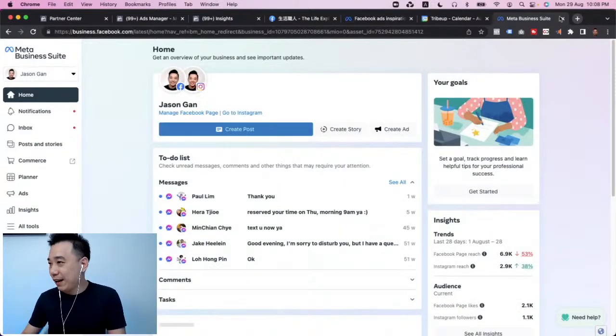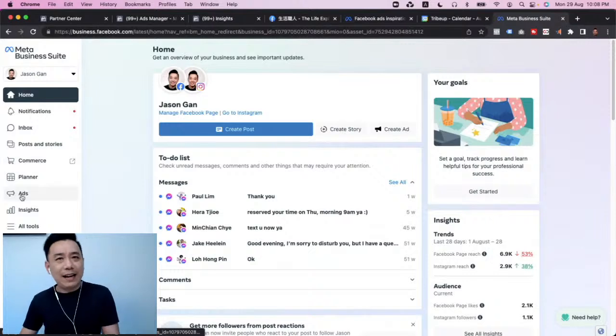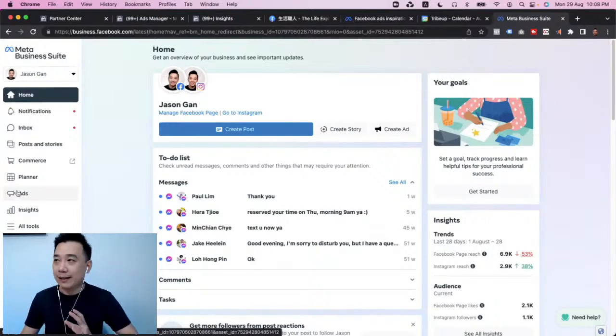It's crazy, people will be asking, what am I doing here? Well, you can manage notifications, your inbox. This is where you manage conversations. And there is an ad here. That means you can run ads here, right? Yes, but it's not the same as the ads manager. That's why if you are starting fresh, what I'm suggesting is you want to start with a business manager.